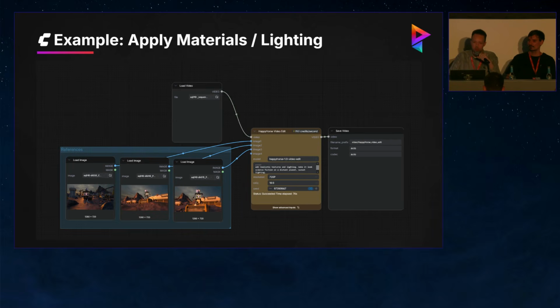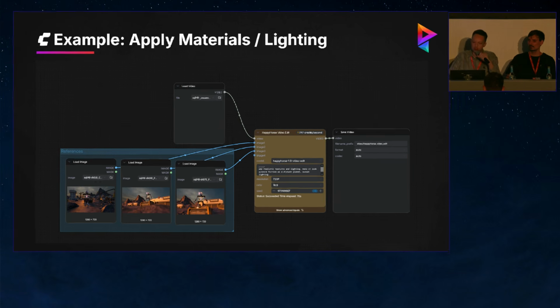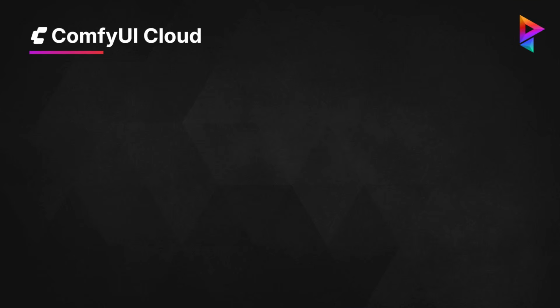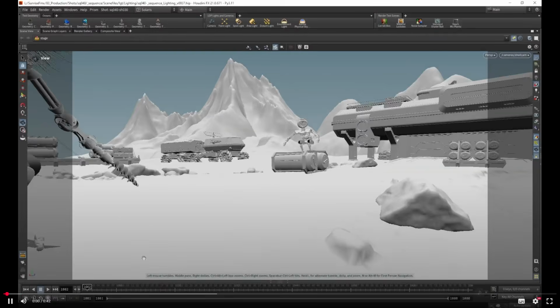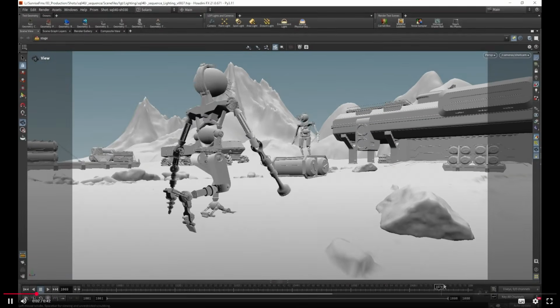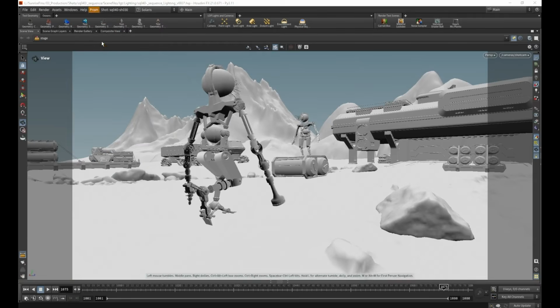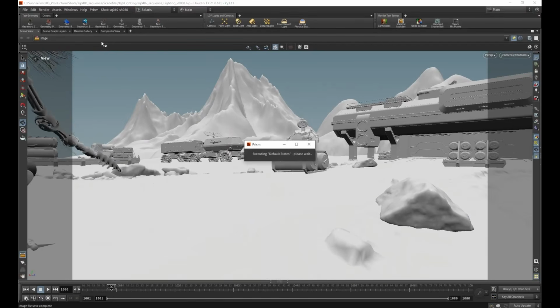So here I start with a ComfyUI graph, which takes a video input and a few reference images from some of our shots in our sequence. So now you can imagine we want to start on a new shot. So we are doing some layout and animation on this new shot. We don't have the lighting ready yet. So we just